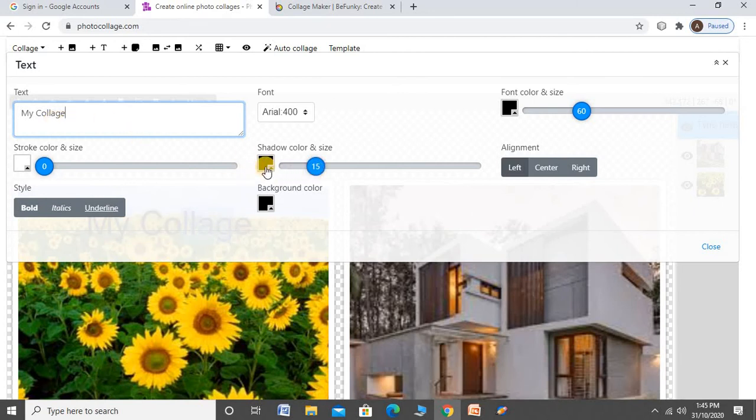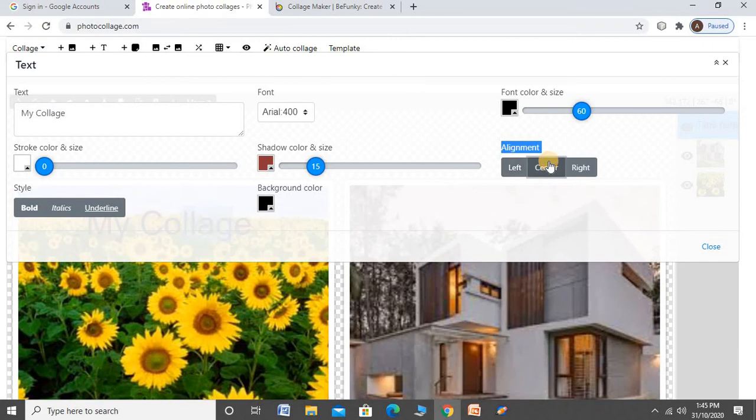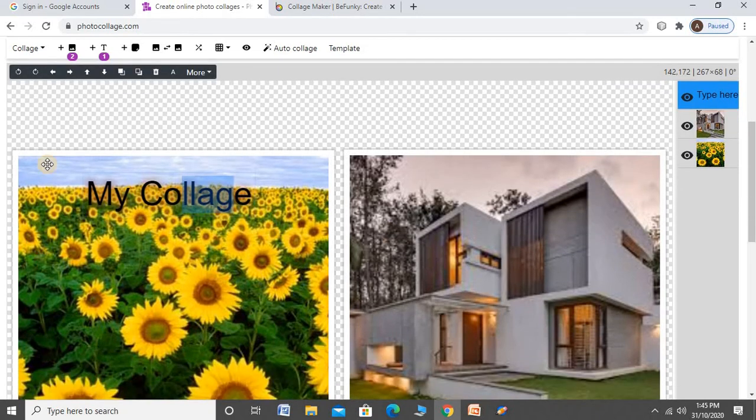Color, if you want to change the color, also change it. Go to alignment, center. Make it bold, italic, underline, change the font, anything. Then change the properties. Sorry, I am not saving. Select it, so no changes.